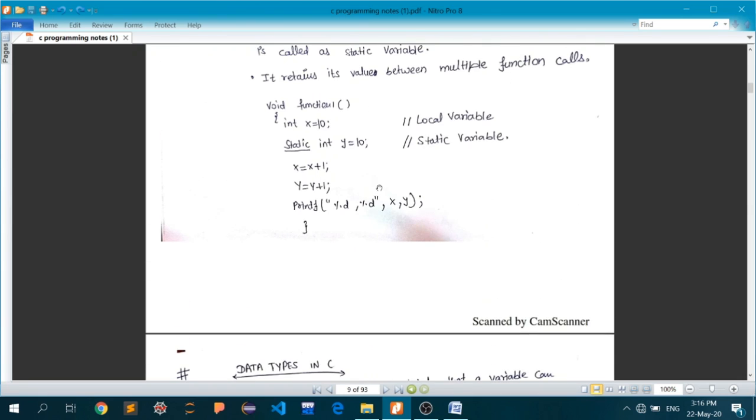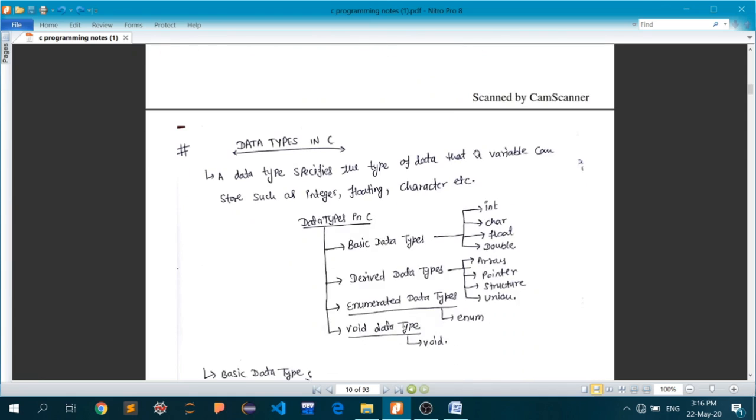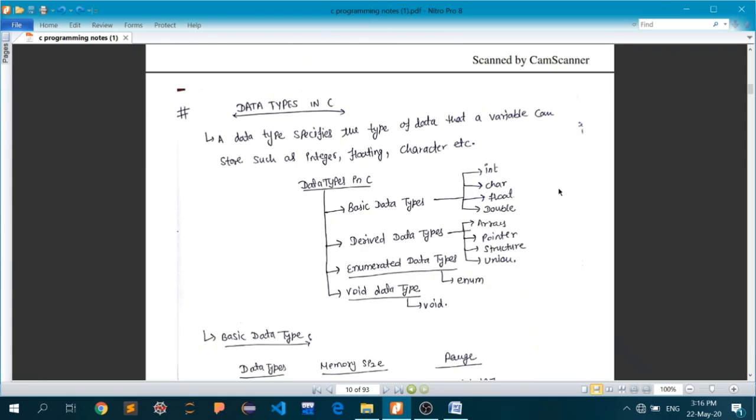You see that the value of x is actually incremented by 1 when you print it, but the value of y is still static, that is equal to 10. So that is the beauty. These are types of constants in some other way, if you want to say that.